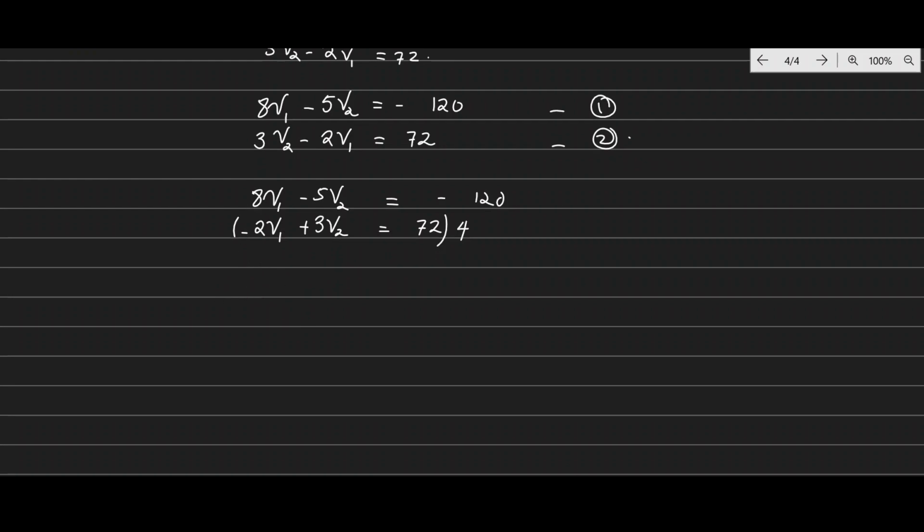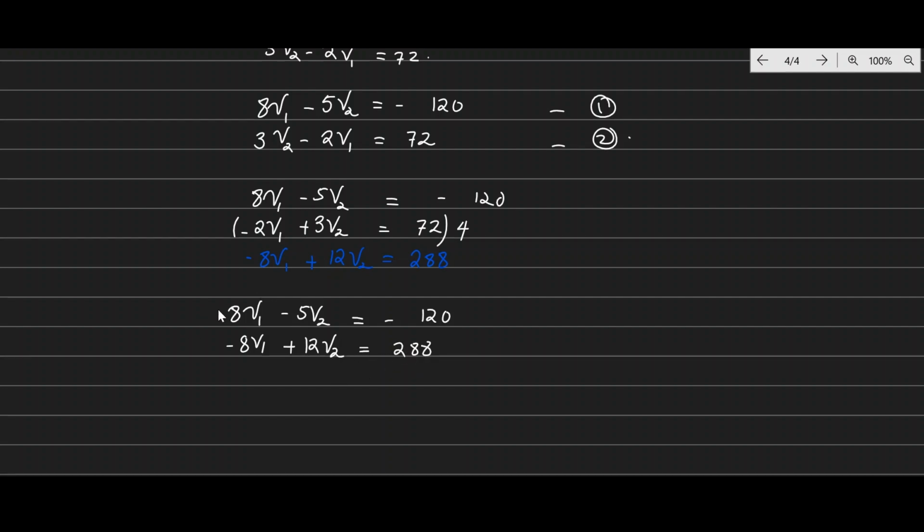So this equation becomes negative 8V1 plus 3 times 4, that is 12V2, equal to 72 times 4, which is 288. So the second equation, multiplied by 4, has become this. Now let us put them together: 8V1 minus 5V2 equal to negative 120 as the first equation, and negative 8V1 plus 12V2 equal to 288